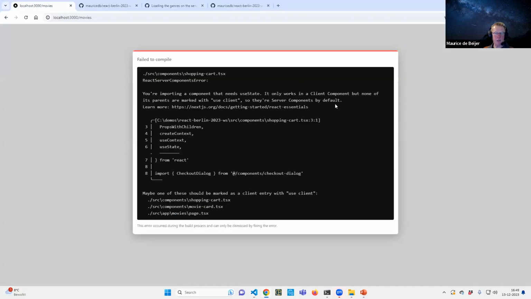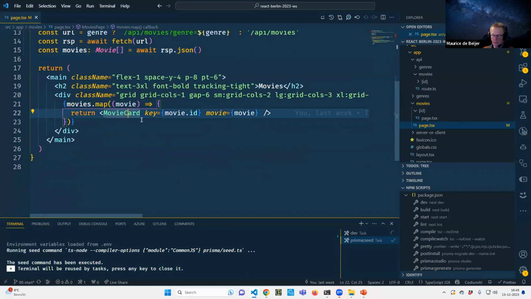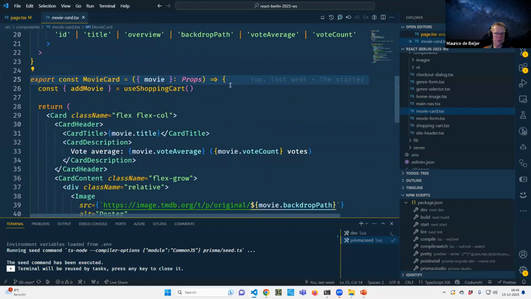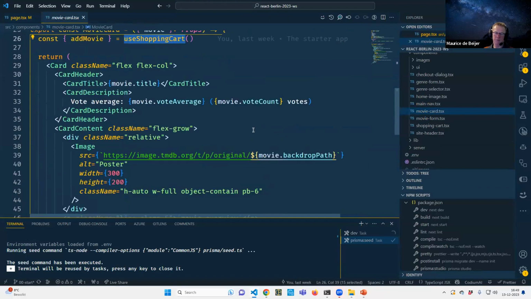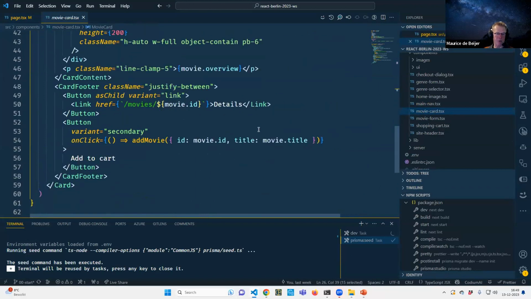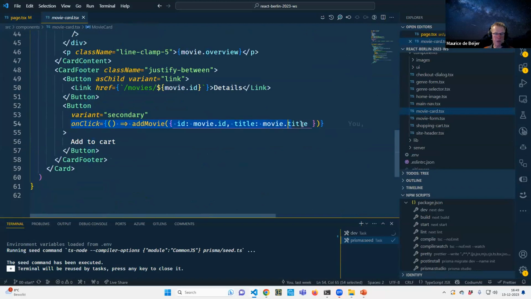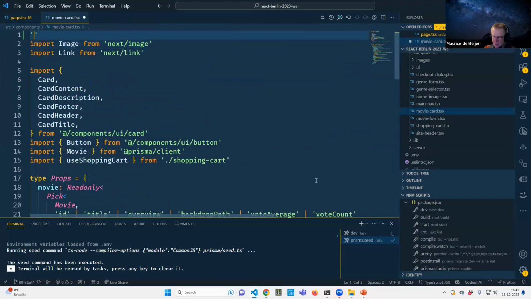If I go back to the browser though, I'll get an error. Although it complains about a very different component now, a shopping cart. If I take a look at that movie cart, you see this uses a useShoppingCart, so this uses a hook. And as in almost all cases, hooks mean that something has to be a client component. But I've also got a button in here with an onClick, and that definitely makes it a client component. So let's turn this into a client component